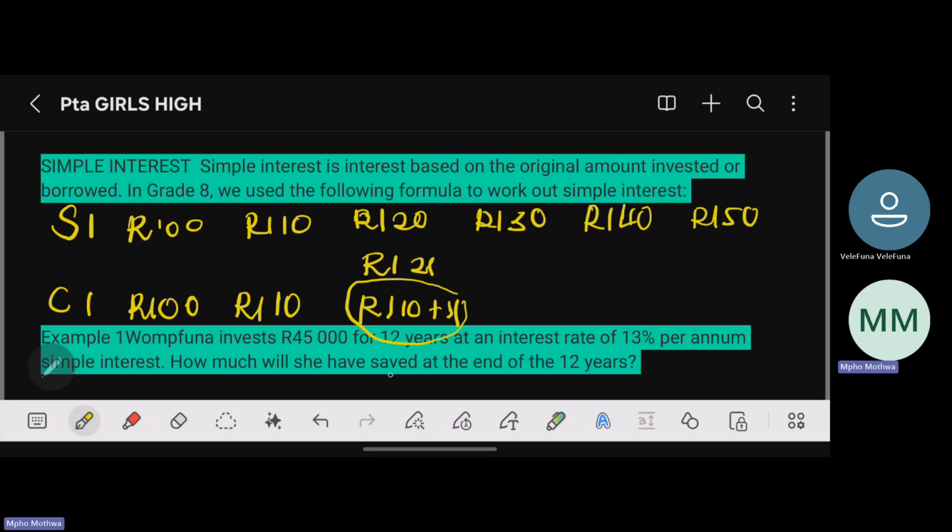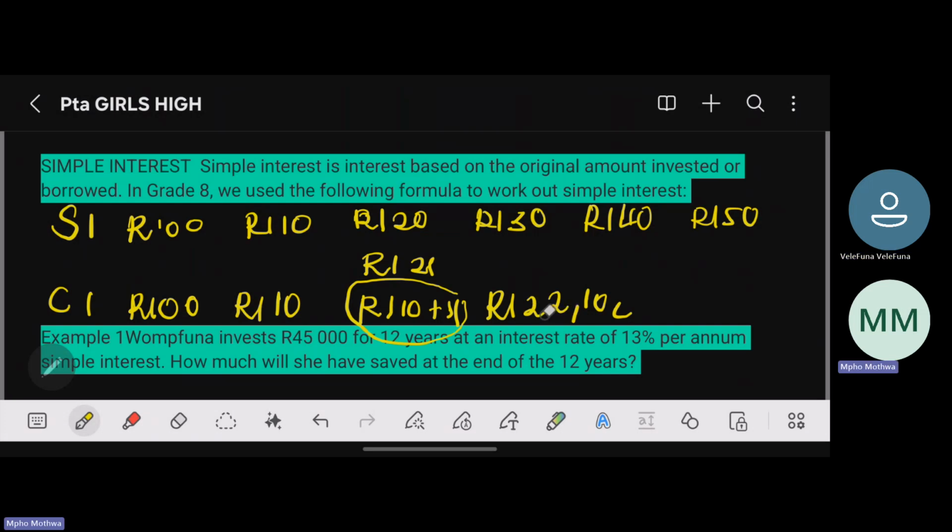Yes, sir. And it continues when we go to the next month. It doesn't grow with 10 rand. Why? Because now we are not taking the 10% of 100 rand, but it grows with the 10% of the money that we have at the moment, which is 121. What is the 10% of 121? Of course, we will learn how to calculate the percentage. Now I just want to explain to you how it works. 10% of 121 is 10 rand on 21 rand, it's going to be 2 rand 10 cent. So now it becomes